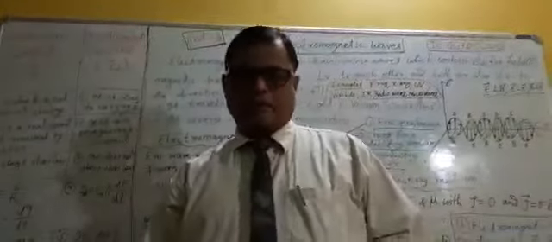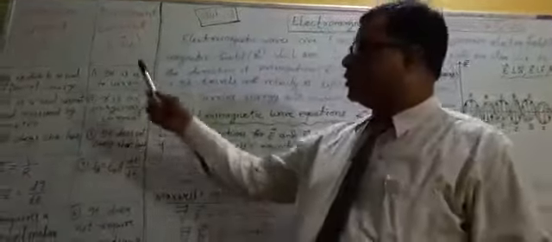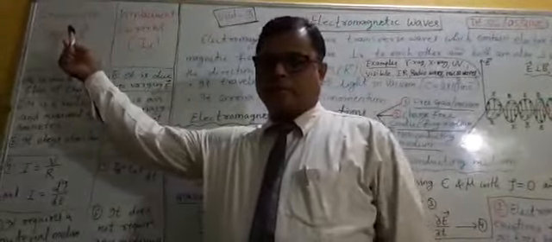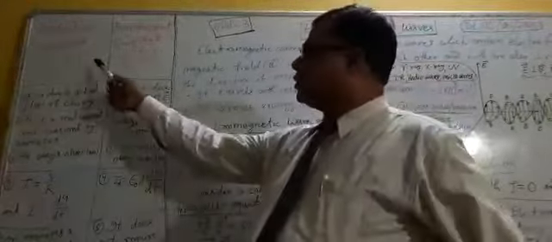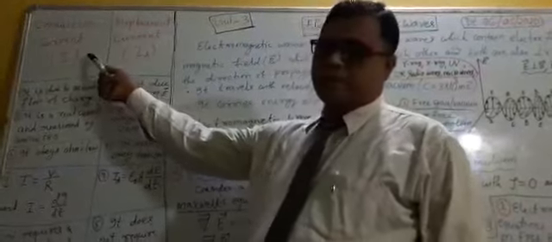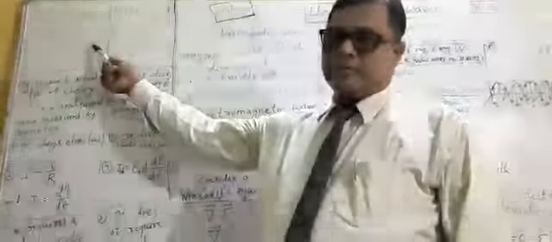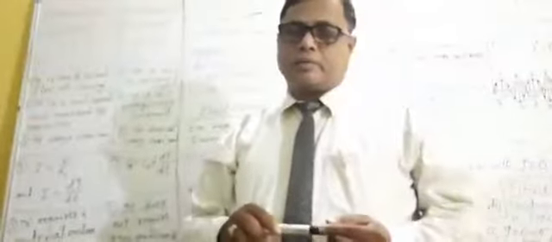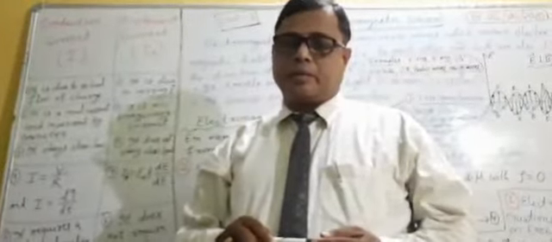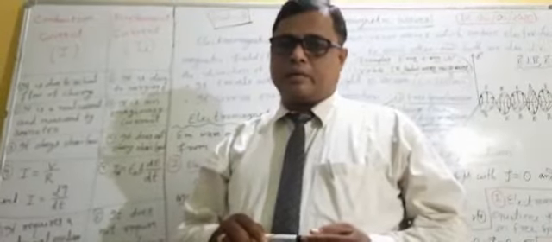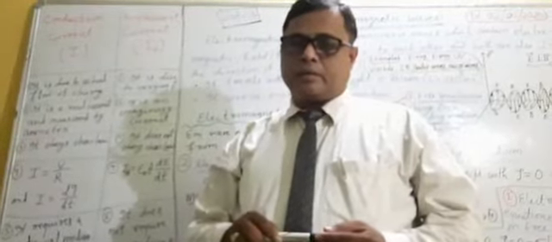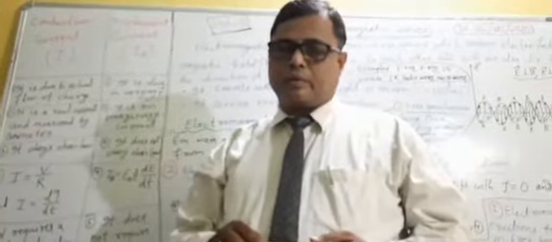Continuation to the last discussion, let us discuss about the conversion current and displacement current. What is the difference? While we discussed about the Ampere-Maxwell law, in that equation, Maxwell's fourth equation, Maxwell introduced the concept of displacement current and modified the Ampere's law, and that law is then converted to Ampere-Maxwell law.